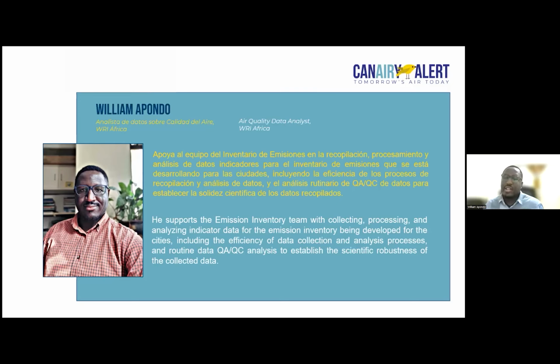And of course, having an emission inventory for the city will also help us combine with other cities, like for example, what has been highlighted from C40 cities. We are strengthening our database and also strengthening our case for support when we want to approach other important issues, like for example, financing, and of course, international commitments. So briefly, George, this is what I would like to highlight in terms of why we're building the emission inventory for the city.